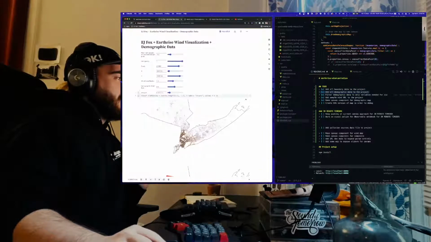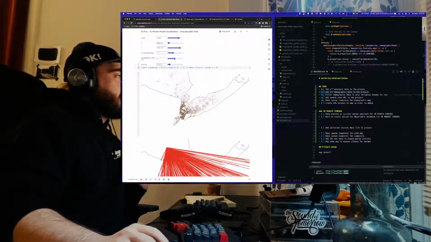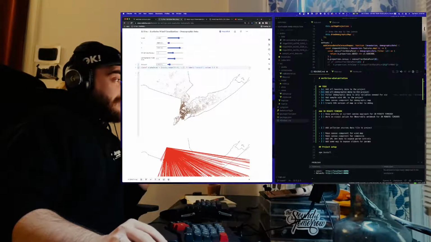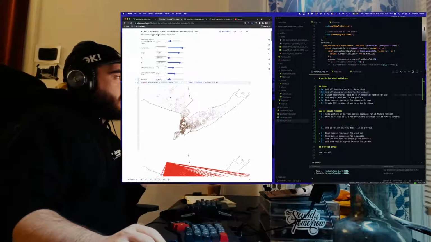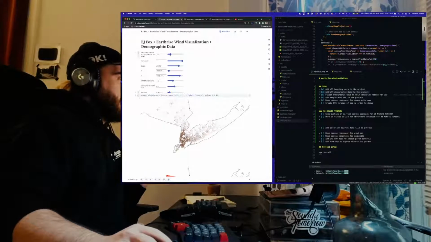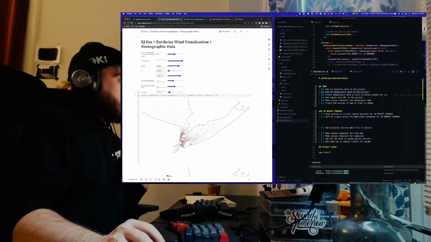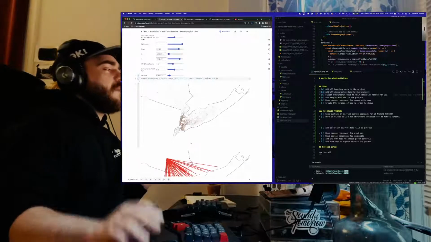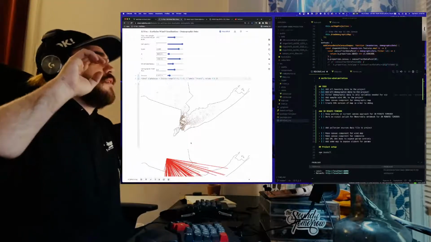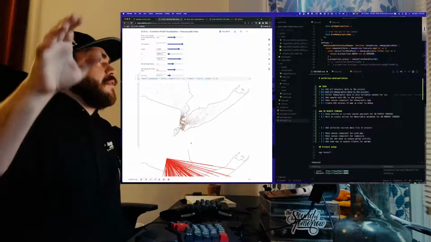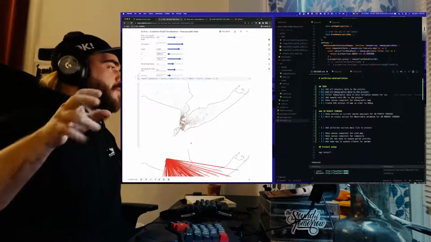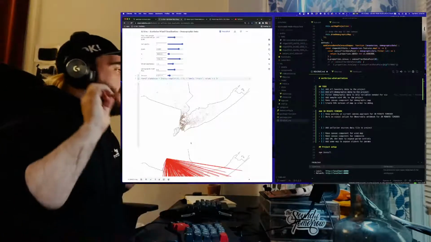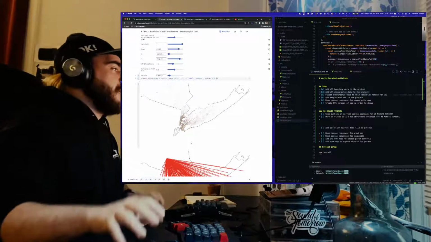Let me bump back and explain why we did all that. So we have the demographic data. This is a dot density map, and we're showing a dot for every 150 people, and you can turn that up or down if you want, if you wanted to have a dot for every 440 people, for example. And they are colored by the race. So in every census tract, I know how many total people there are and how many of each race based on that census data. And I just draw a dot randomly within that census tract,